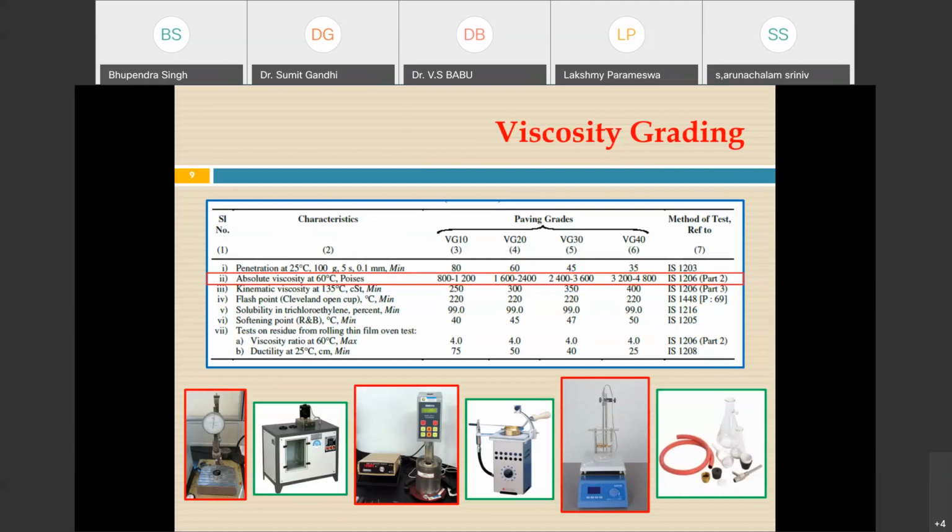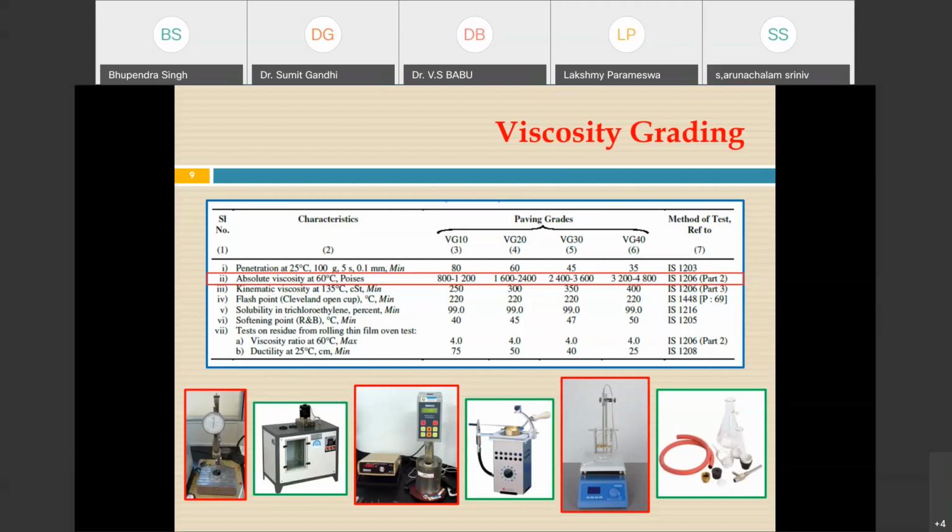is 99%. The softening point is to check at which temperature our bitumen gets softened, and then the RTFO test is performed. So what is the RTFO test? It is the rolling thin film oven test, and it is performed to simulate short-term aging. What is short-term aging? Short-term aging occurs in the field when we heat the material during the manufacturing process. So during this heating, some changes take place, due to which our binders get hard. So we perform the RTFO test, and then we check the viscosity ratio, that is, how our viscosity is changing after the RTFO test. We take the viscosity before the RTFO test, and we take the viscosity after the RTFO test, and we check its